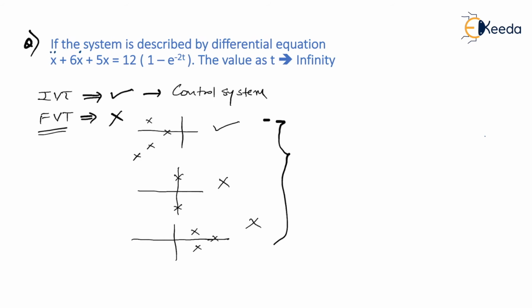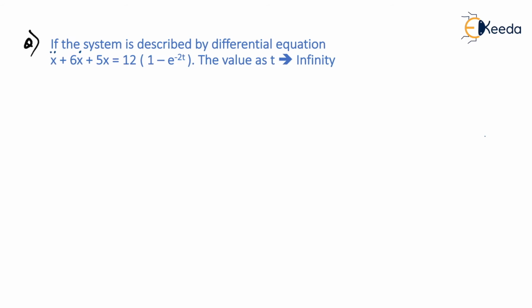You have to make sure that the given system is stable, it is bounded, it has a convergent response. So whenever the poles are lying on the j omega axis or the right half of the S-plane, you know that the system is never stable, and for a not stable system, the final value theorem is not applicable. So now with this, let us start solving this problem. You have to find the value when t tends to infinity. It means they are asking you a final value. You know that a final value is also known as a steady state value.